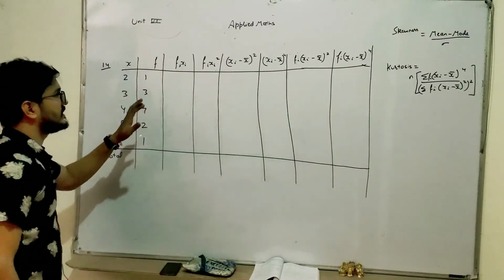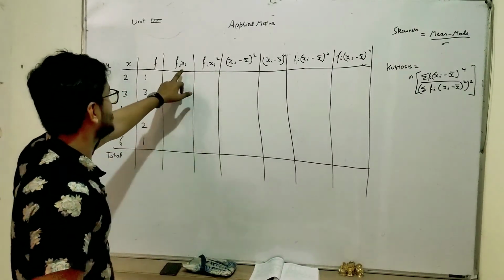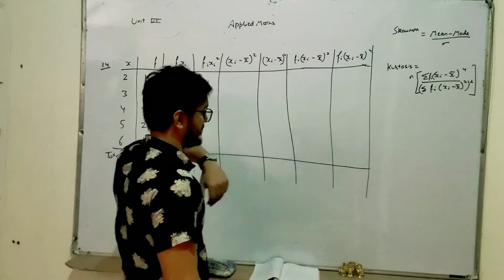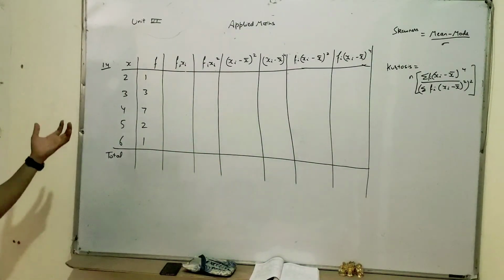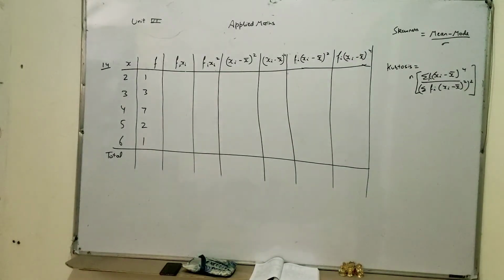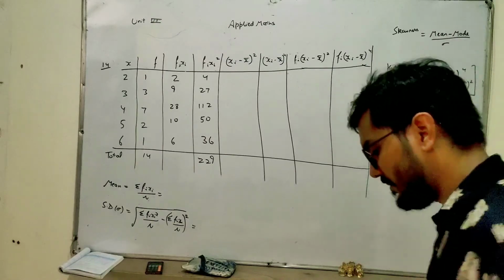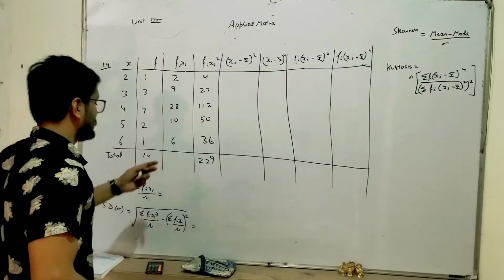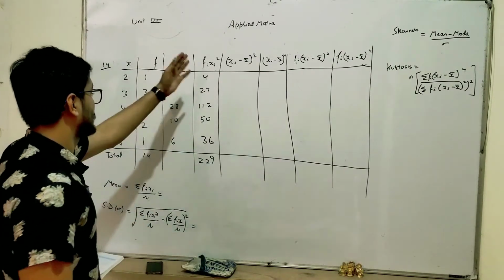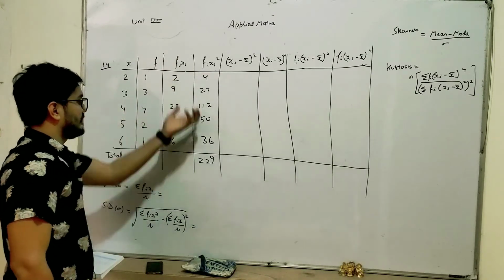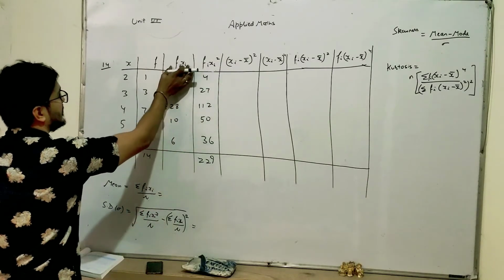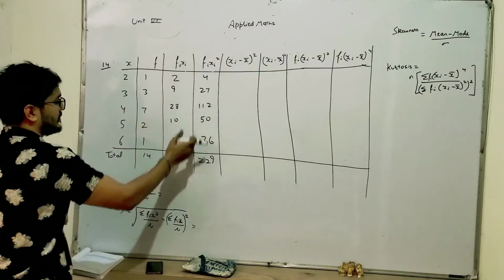First I have made these columns because these all will be used. This will be used for mean, this will be used for standard deviation, and then these all for kurtosis, right? So let's solve this. I'll solve it for you. When we multiply fi with xi, we have got these values. When we multiply fi xi square, we have got these values. So the sum of it is 229, the sum of this is 14. This is fi xi square, or we can simply multiply this with this, so you will get this column.